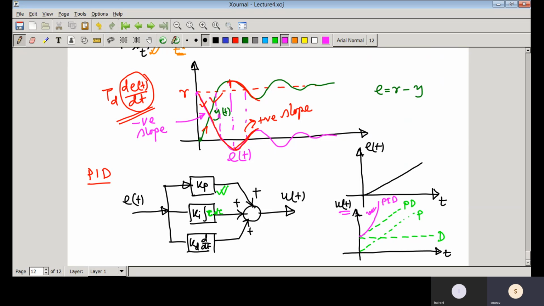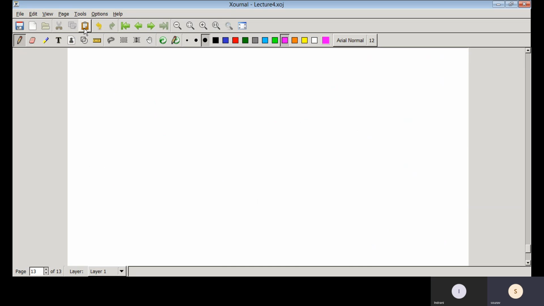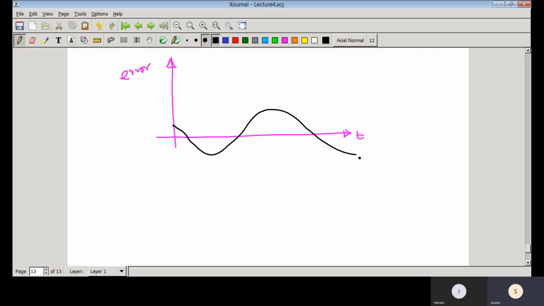So the last one, I just want to give you some philosophical concept of that PID, that means how it works. Whenever you use a PID controller, it basically takes care of the past, present and future. How? Suppose this is the time and your error signal is going like that, this is that error signal e(t). Then suppose you are here